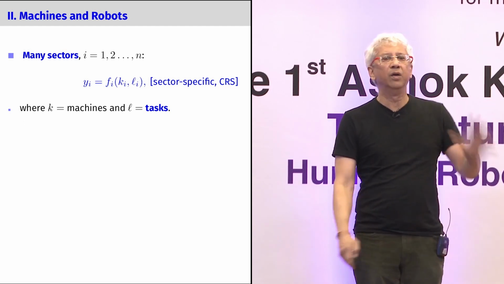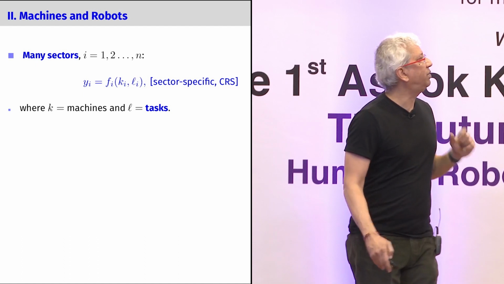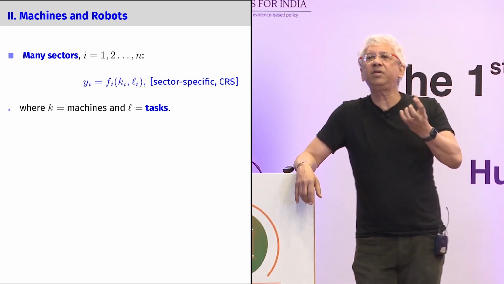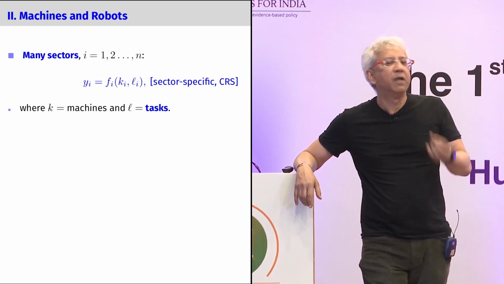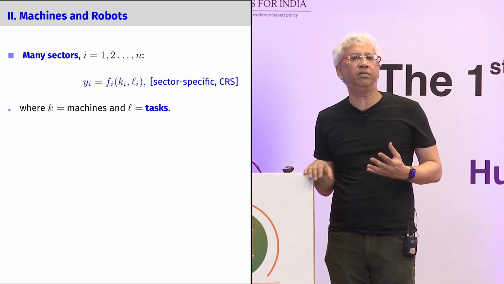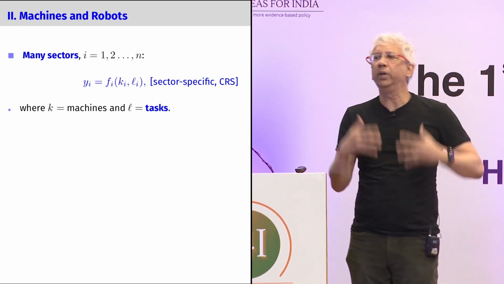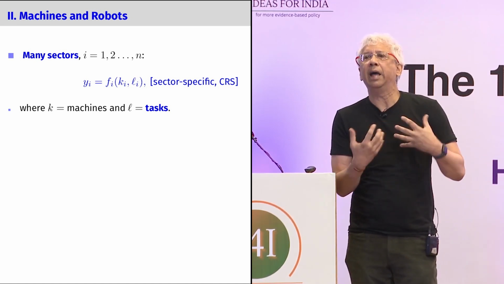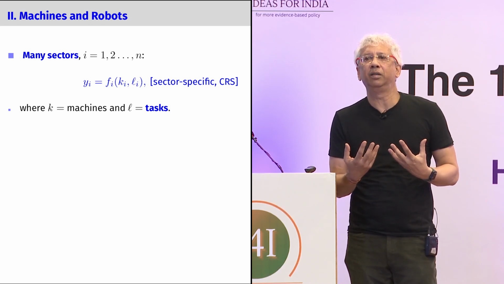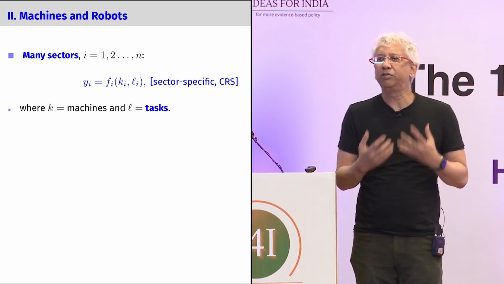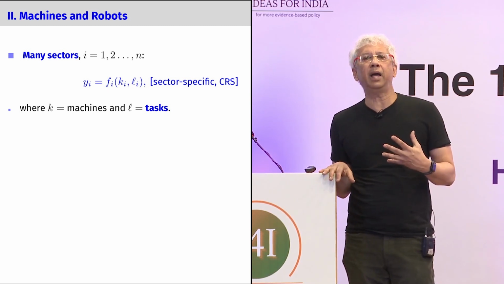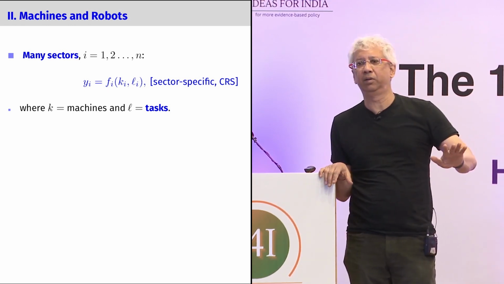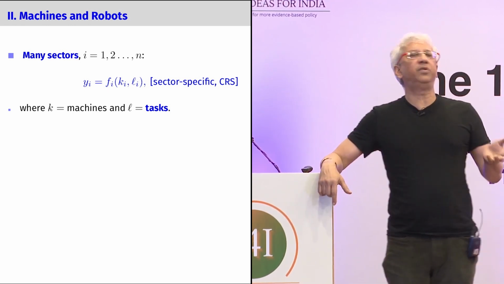Let me get to the second point, which has to do with machines and robots. Machines and robots tries to capture the fact that they're not literally machines and robots, that physical capital has two aspects to it. The first aspect is that it's complementary with labor. You get to work with a computer, let's say, or with any kind of implement, and that increases the marginal product of labor. It's a complementary thing. And the second aspect of capital is that it has certain components that tend to displace labor. And I'm going to call these objects machines and robots.